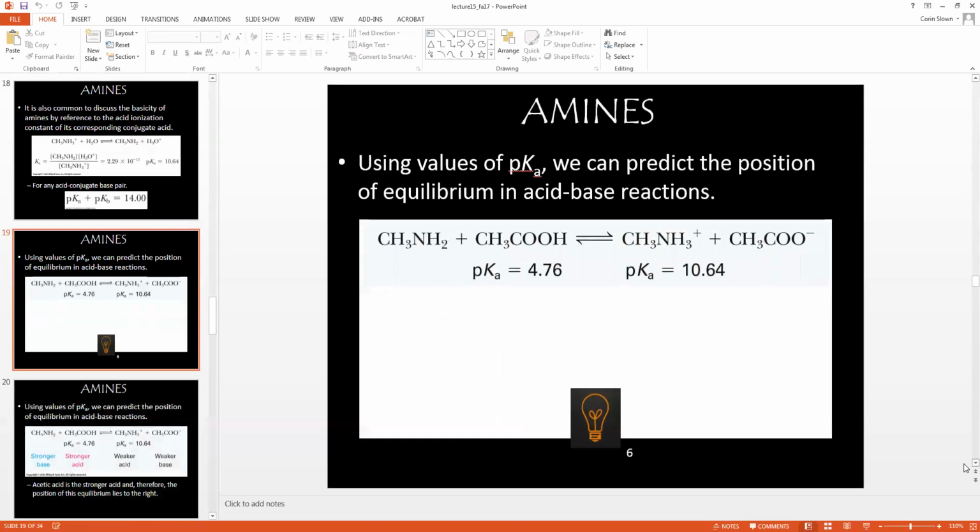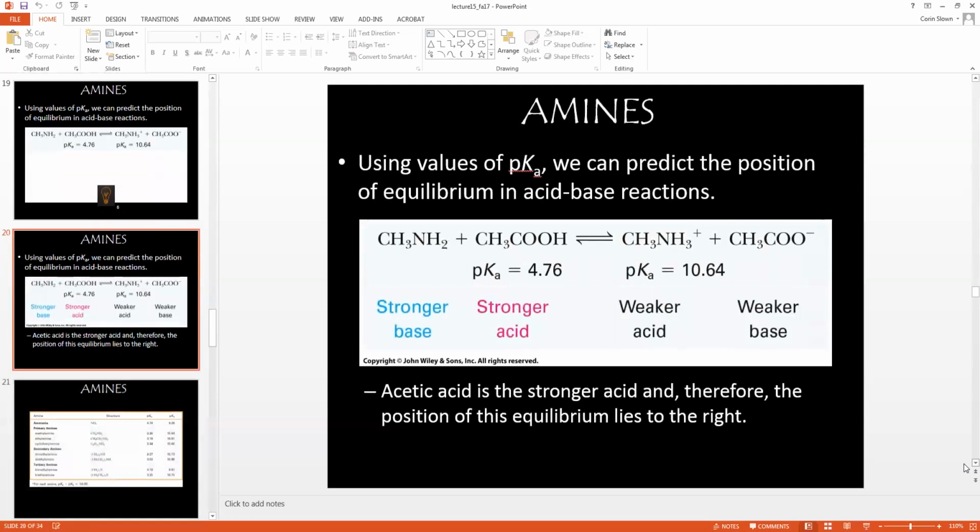If you use the values of pKa, then you can predict the position of equilibrium in acid-base reactions. So take a moment, tell me what the stronger acid and the stronger base would be, and then what the conjugate acid and the conjugate base would be, and predict the direction of equilibrium. So remember, as acetic acid is the stronger acid, therefore the position of this equilibrium is going to lie to